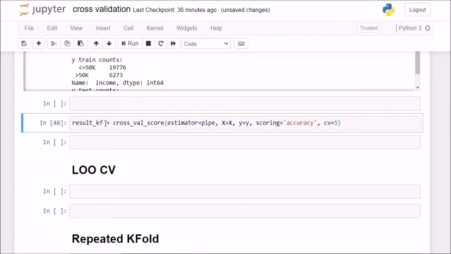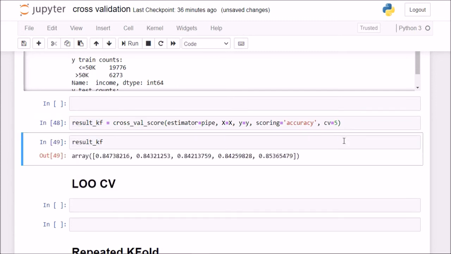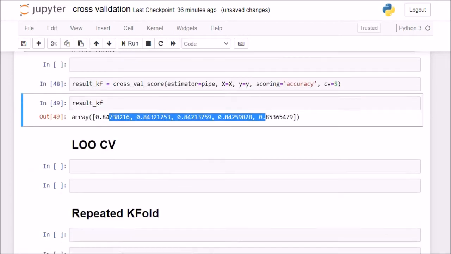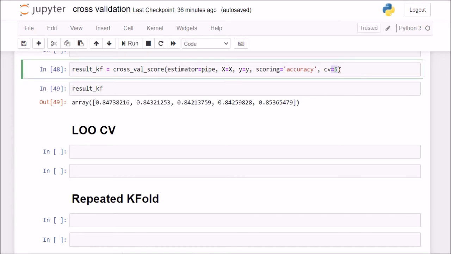So now behind the scenes it calculated all of the 5 results, and if I check my result underscore kfold now, it is giving me the 5 accuracies back. So this is doing exactly the same thing that we did here in kfold, but it is doing it very simply, and it is just returning us the 5 values back. Okay, so now did you notice that we did not pass any argument which said whether we want to apply kfold or stratified kfold or leave-one-out CV or repeated kfold for that matter?